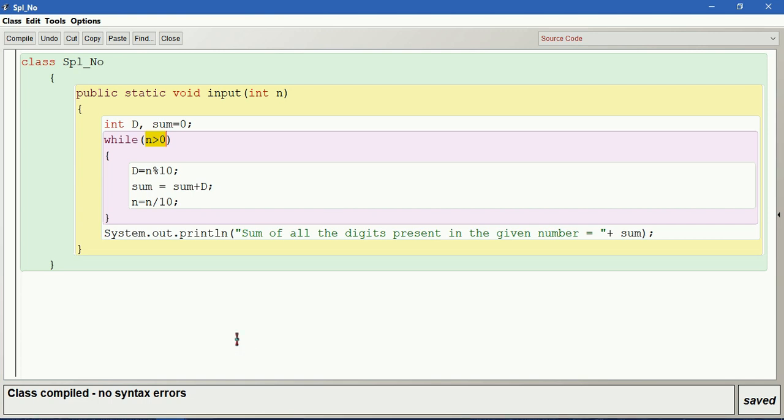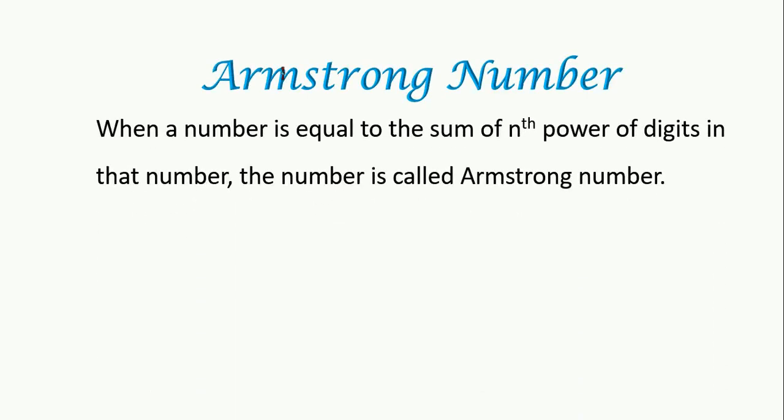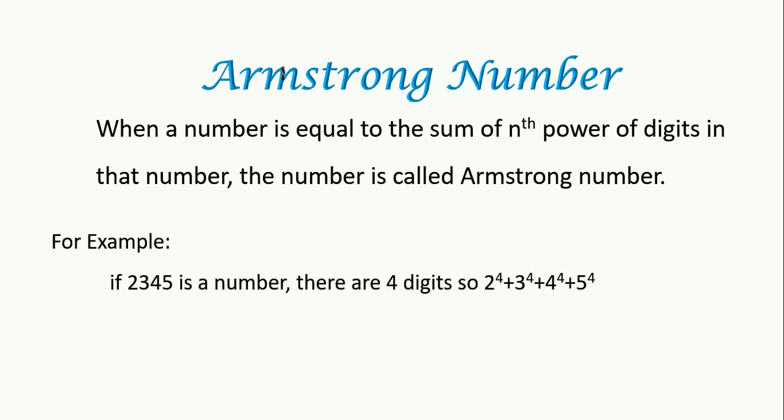Let us see how to find whether the given number is an Armstrong number or not. Let us first know what an Armstrong number is. When a number is equal to the sum of the nth power of the digits in that number, the number is called an Armstrong number. For example, if we take a number 2345, then there are 4 digits available. So 2 to the power 4 plus 3 to the power 4 plus 4 to the power 4 plus 5 to the power 4. We calculate the sum of this. If the sum of this is equal to the given number, that is 2345, then